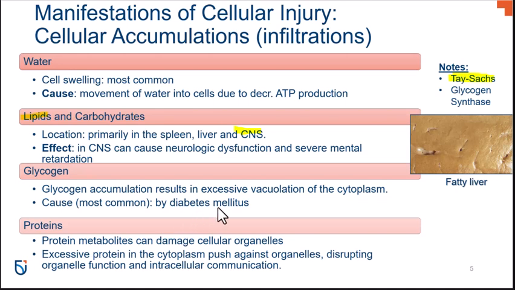Why is diabetes mellitus the most common cause of glycogen accumulation in cells? Well, first of all, glycogen synthesis, which is the creation of glycogen in the liver, is impaired in people with diabetes due to defective activation of an enzyme called glycogen synthase, which produces glycogen. But what we see with people that have long-standing insulin deficiency, that state may actually facilitate synthase activity, producing more